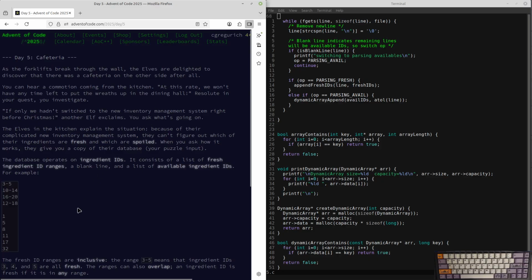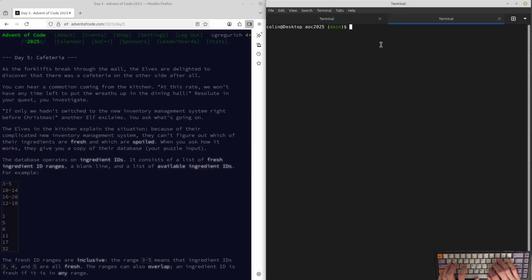The way my program did that was, it would parse out, okay, we need 3, 4, 5, add those to a list, a dynamic array. 10 to 14, add that to the same array. 16 to 20, add it to the same list. 12 to 18, add it to the same list. So we end up with this,